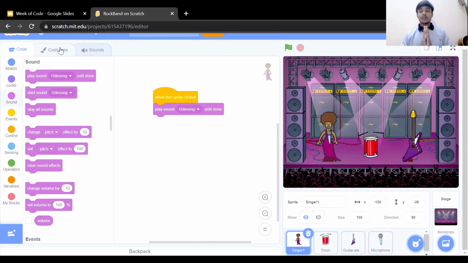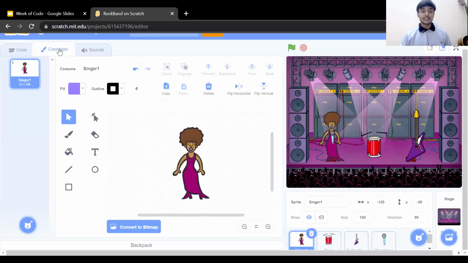And now for making the lady singer look like she's singing a song, click on the costume section. The first one is without singing, and we are creating another costume for the same sprite so that it looks like she's singing some song. So click on the duplicate. Right click on the costume to duplicate it, and now we have one without singing and another one, singer 2,